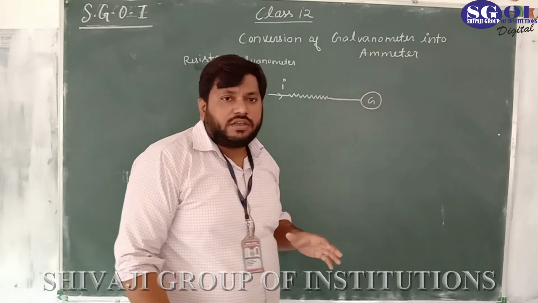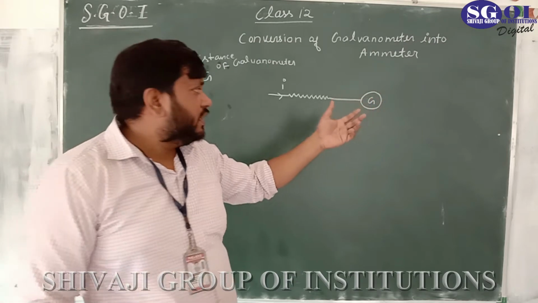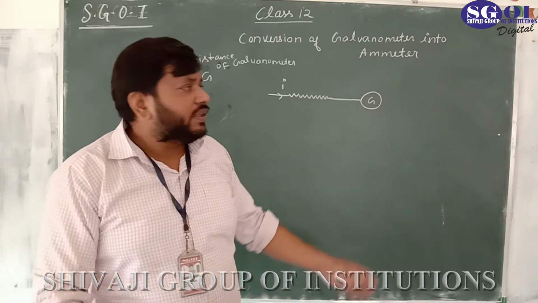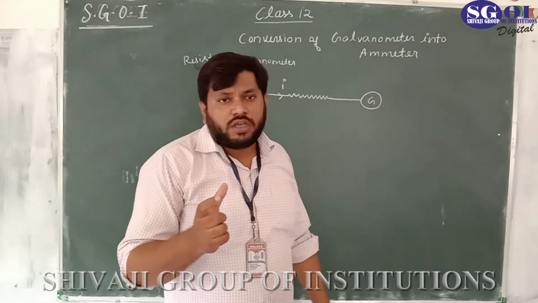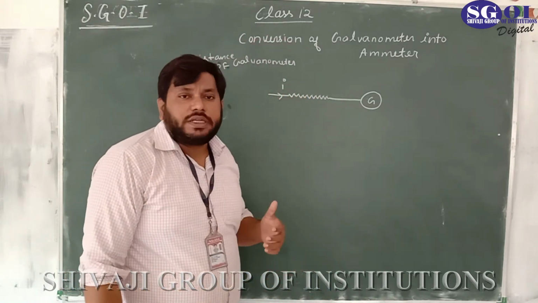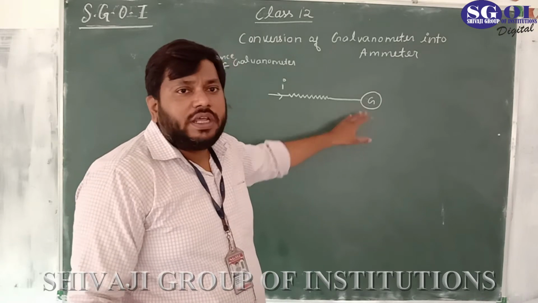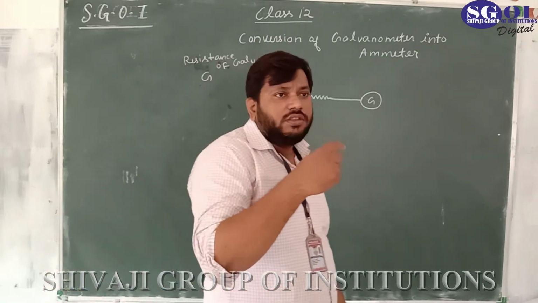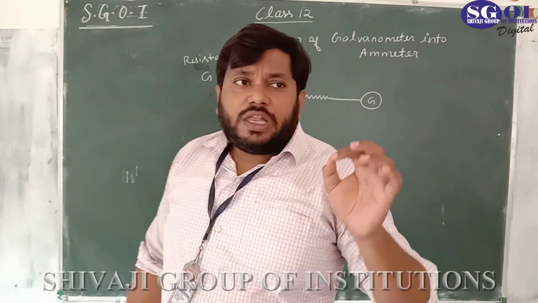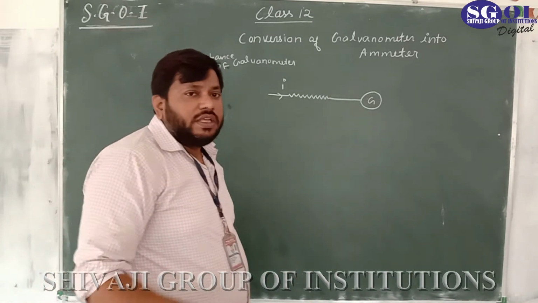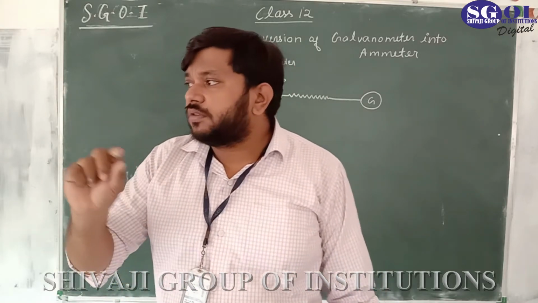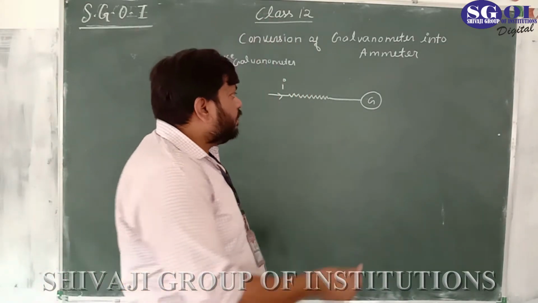If we place the galvanometer in any circuit to measure the current, we know that the galvanometer deflects when current flows in it. There is a torque, and because of that torque there is a deflection in the pointer. In a pivoted type galvanometer there is a pointer, and I have already told you in the previous video lecture on the galvanometer that if a large amount of current flows into the galvanometer, its pointer may collide with the stop pin of the scale.